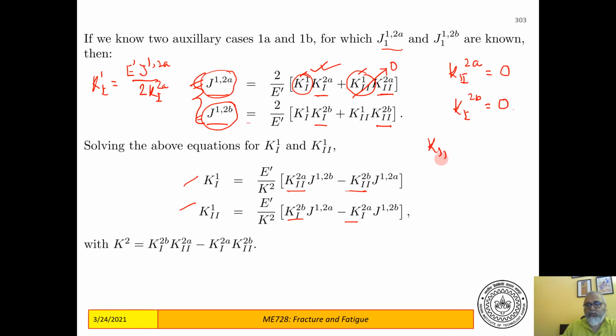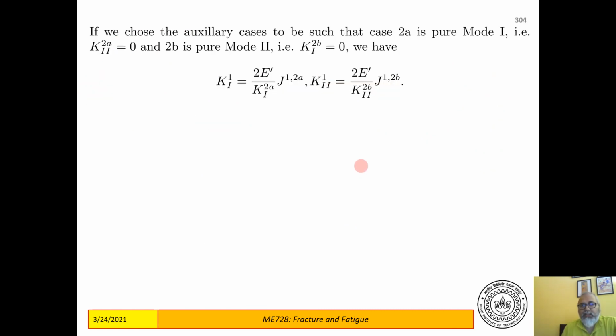and K2 1 will be equal to J1 2B E prime divided by 2 K2 2B. So from this I can get K2, and from this I can get K1. So first I find the mode 1 part, and then I find the mode 2 part. So that is what is generally done. These two expressions are used, and